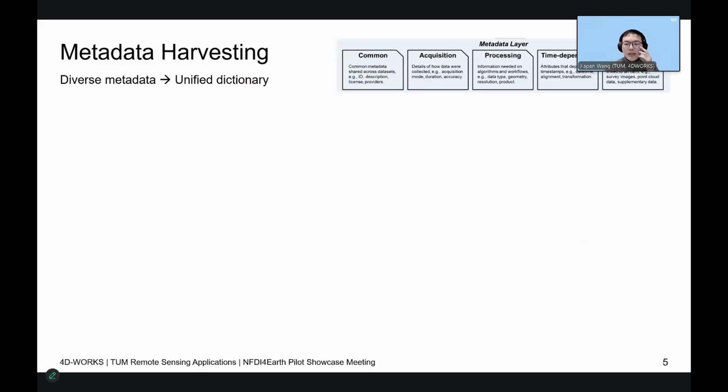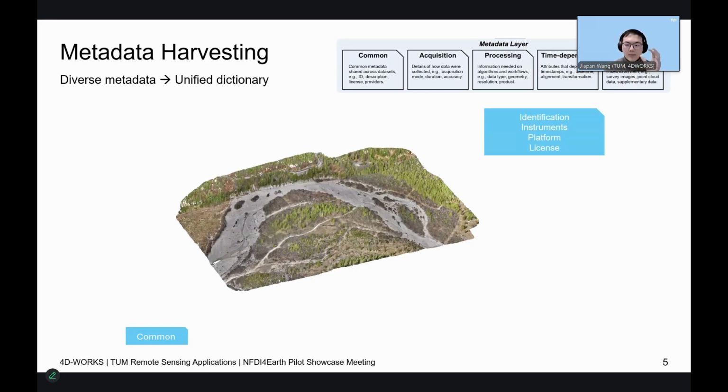The first step is metadata harvesting. We take very diverse, unstructured metadata from the different sources, whether from satellite images, UAV, or terrestrial laser scanner, over multiple timestamps, and harmonize them into a unified key value dictionary. What could this metadata be collected from? First, there are some common data, mostly descriptive and administrative data like identification, license, and platforms we used for this